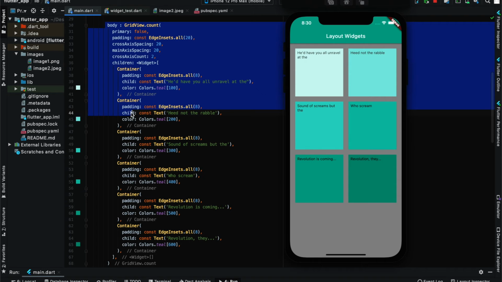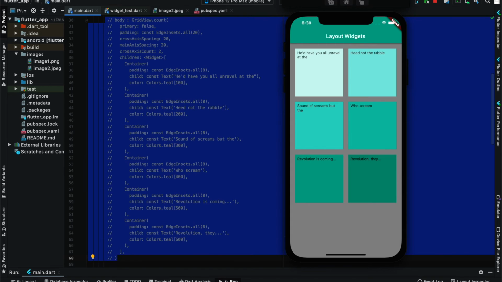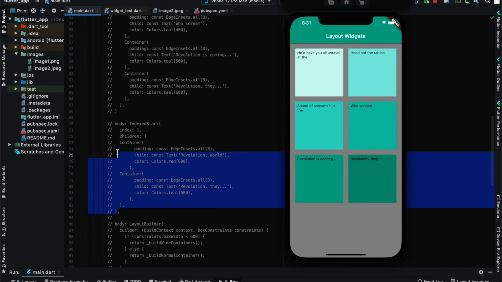And then the other thing is your IndexedStack. In IndexedStack, it's a stack that will show a single child at a time from a list of children. That means it preserves all the state of your children. Suppose we have 10 children, and we wanted to access the first or the last child. So like we used to do in an array, we'll provide an index, and we can access that particular child from that index.